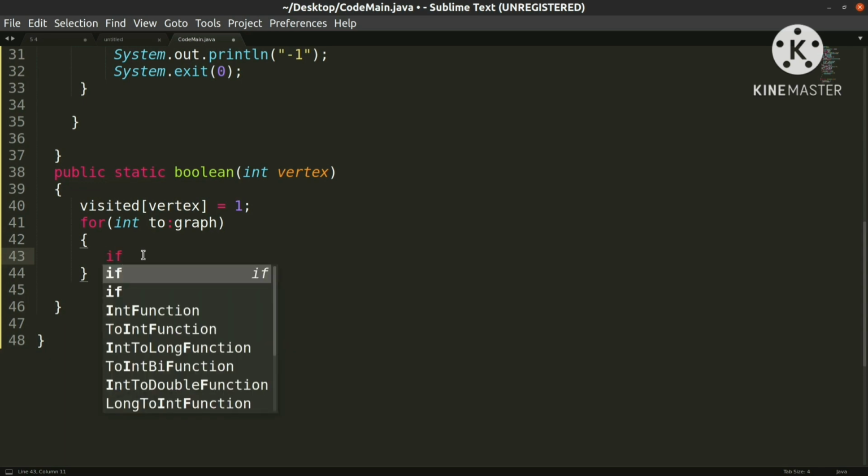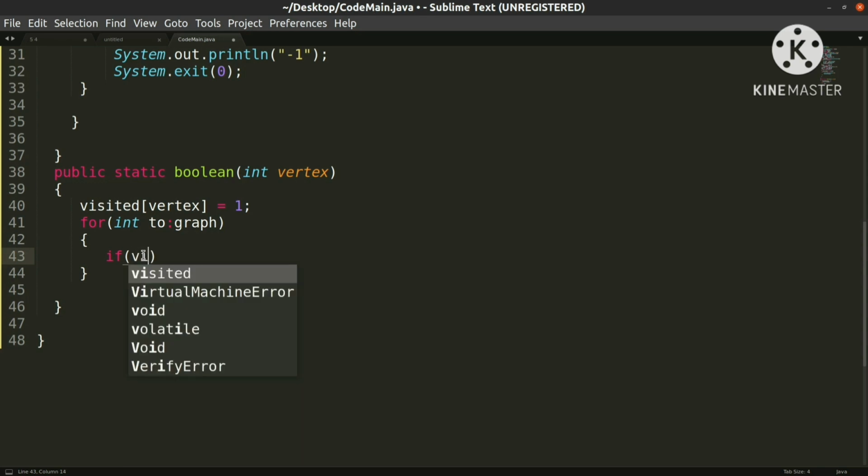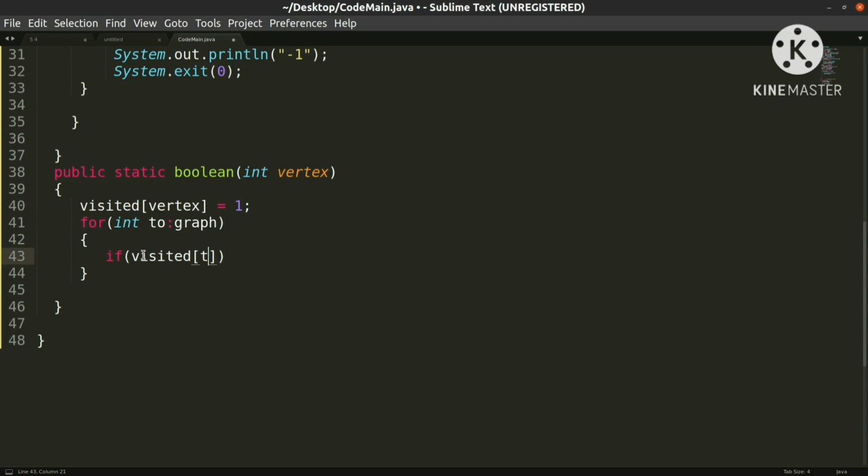So now I have to write a recursive function first. Previously we discussed that when there is a back edge, that means there is a circle in it, I mean, there is a loop in it. That means the node that we are going to visit is the node that is directly connected to node 1, that is 2.